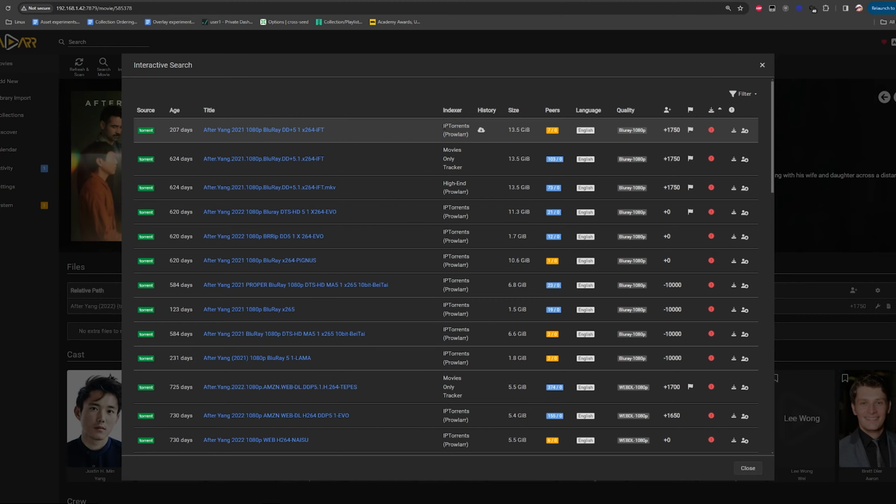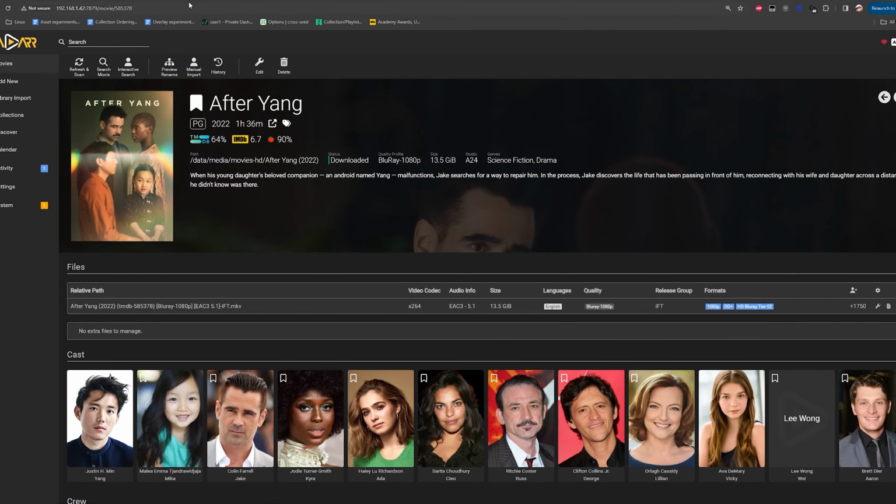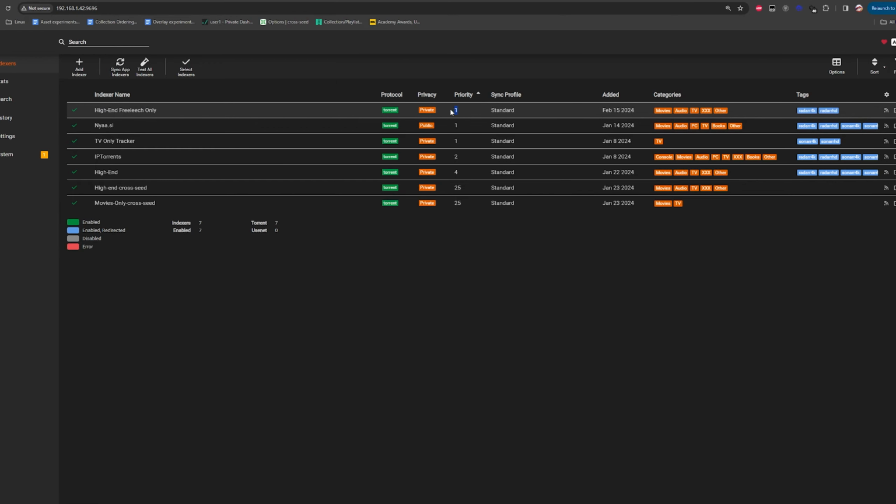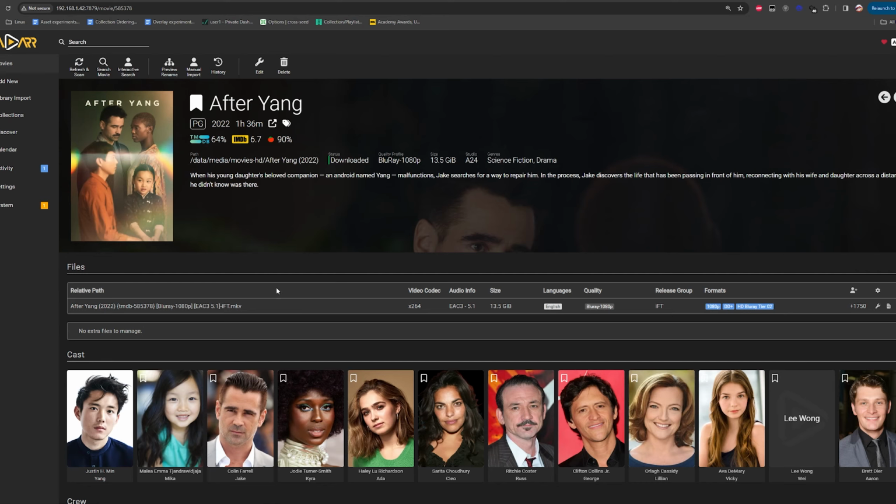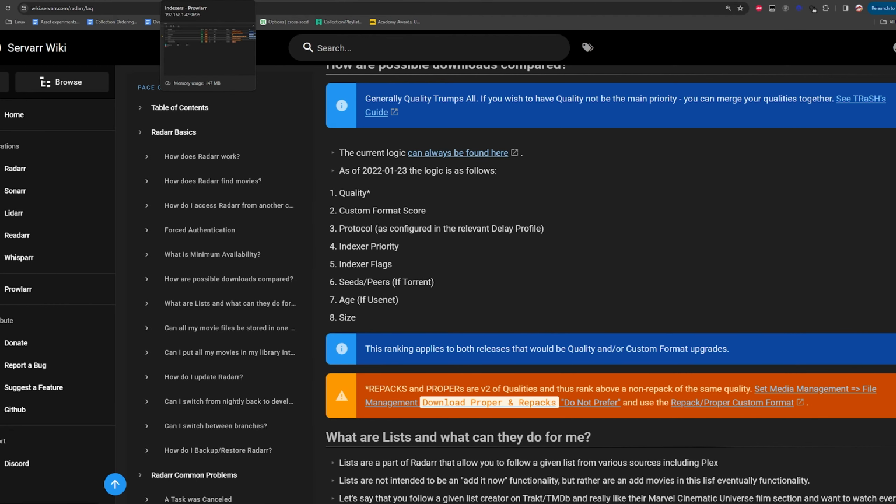Then realistically, you can make sure that the high end, which from my experience, I noticed on this particular tracker, for example, Ultra HD Bits has more Freeleech torrents, so I keep that as the high-end Freeleech only at the very top. So it's going to be the first one, BitTorrents second, movies only third, right in between 2 and 4, then high-end. So that's something to be really aware of, is that this is how you can leverage priorities and these websites without breaking the ratio on any one particular website. And that's how you're going to really do it.